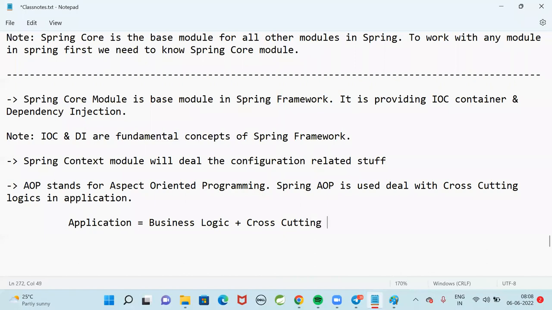Cross-cutting logics are nothing but common logics, like security, transaction, auditing, exception handling, which are very common in our application. Those things can be separated.